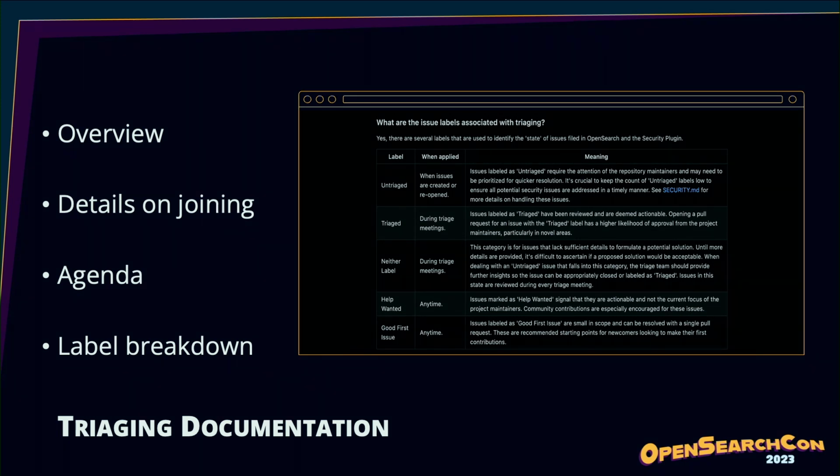Shown on screen is a capture of this markdown file. The triaging markdown file contains categories of an overview of the process, like I just described, details on how each and every community member is able to join each week, an agenda, and finally a label breakdown as shown on screen.